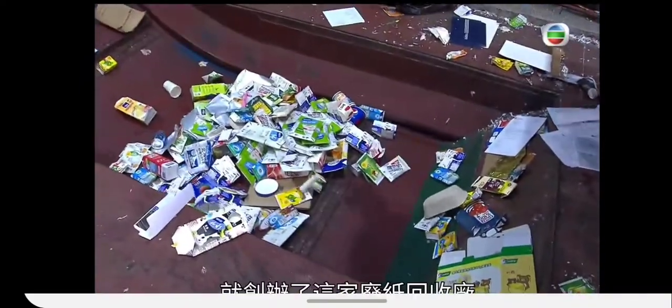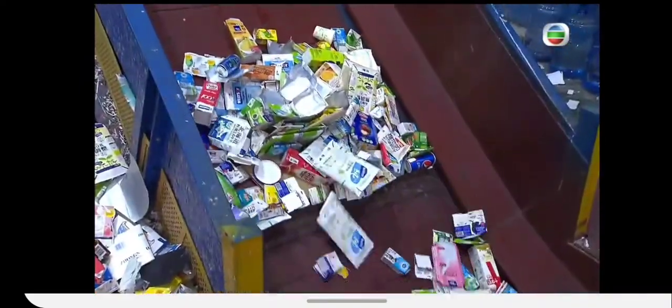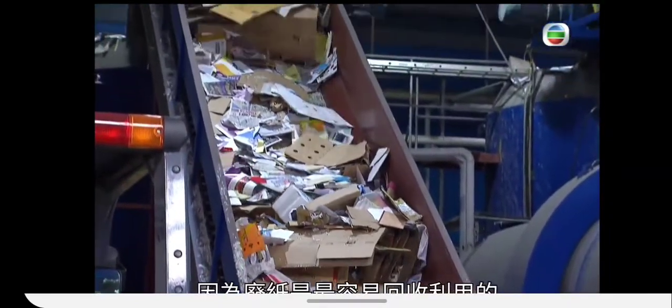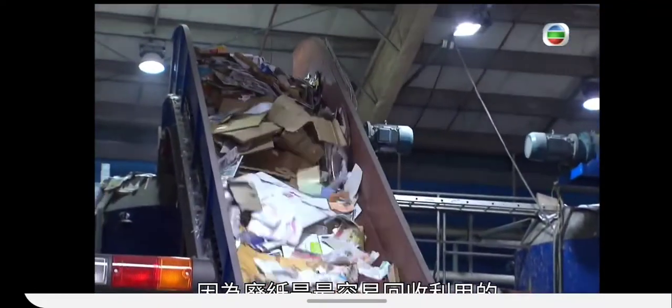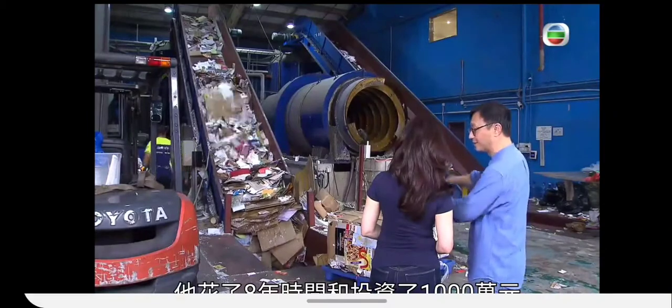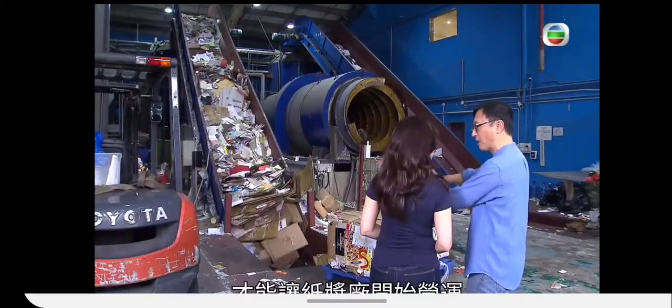Harold Yip started this paper recycling factory back in September 2019. Food waste is the number one waste in the landfills, but the second largest waste is paper. And to me, this is surprising because paper is the easiest for recycling. It took 8 years and a 10 million Hong Kong dollar investment before he could get the pulp mill up